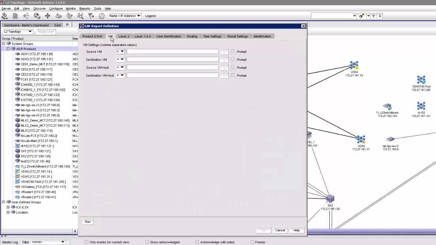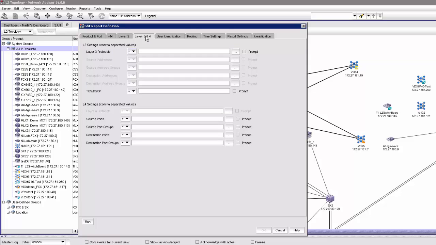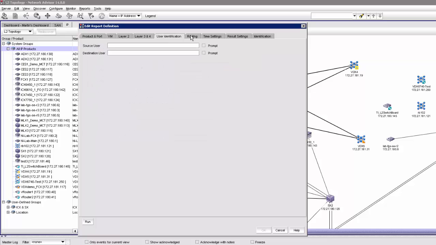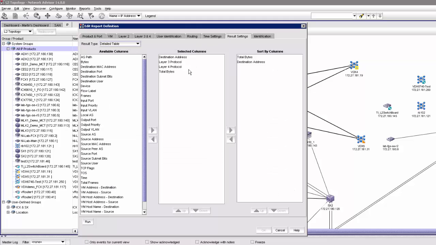There are many filters which you can set, starting from what kind of VMs you want to look at, what layer 2 details, so technically what source and destination MAC addresses, what input values within the layer 2 header, and VLAN numbers, the same for layer 3, IP address ranges, source ports for TCP/IP connections or UDP connections, user identifications, routing, what kind of subnets, what kind of time settings. Here I would like to see the last 24 hours, and you have here a kind of result settings